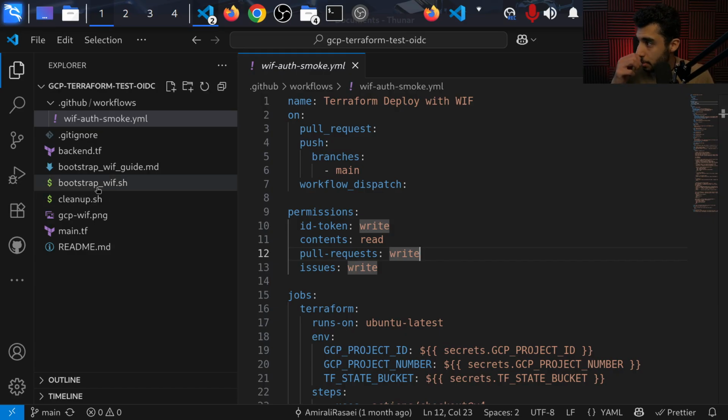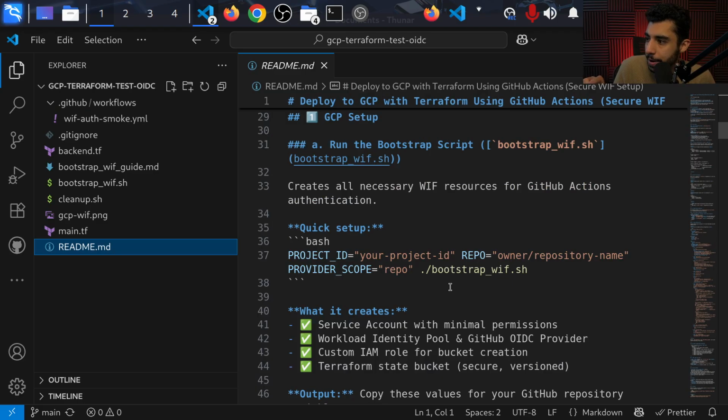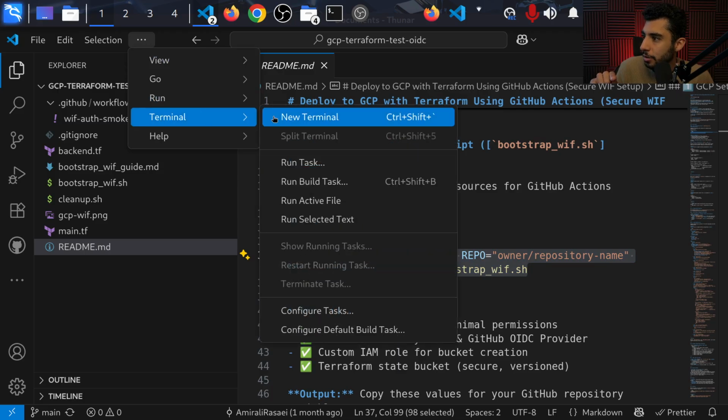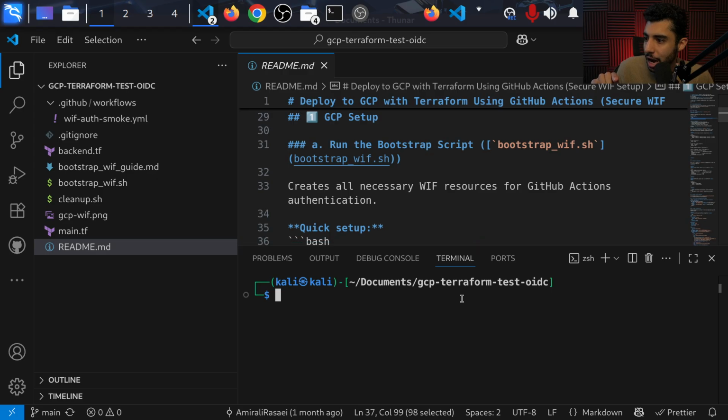The first thing we want to do is to run the script. And the README file says exactly how to run it. This is the line to run it right here. So I'm going to open a new terminal right here, and I'm going to make sure I'm